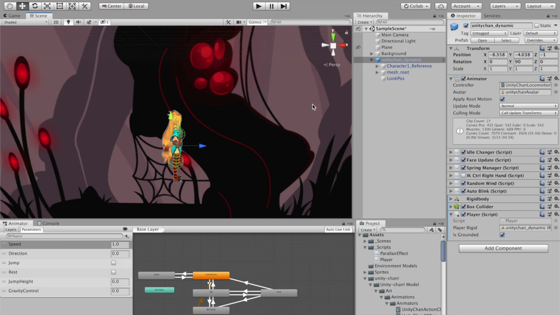Next step, we need a reason to jump. So after all of this work, getting our character all set up and pretty and jumping the way it needs to, now we need to make it so that obstacles are going to fly at our character from the right side of the screen to the left side of the screen, and then we jump over them. Eventually we'll make it so that each time you avoid an obstacle, you get points and things like that. But right now we have nothing to dodge, so we need to go ahead and set up our obstacles